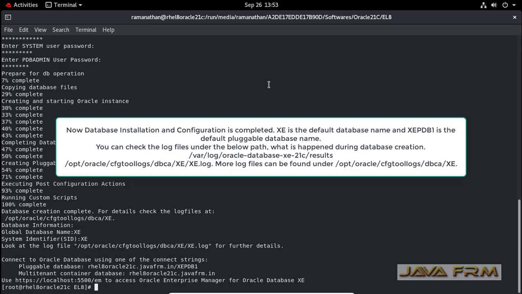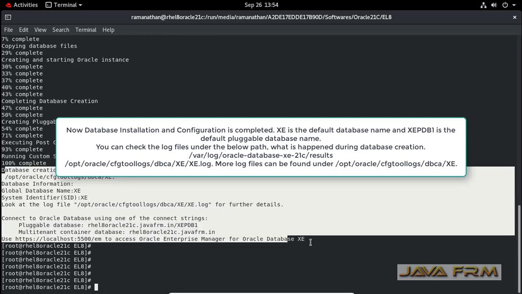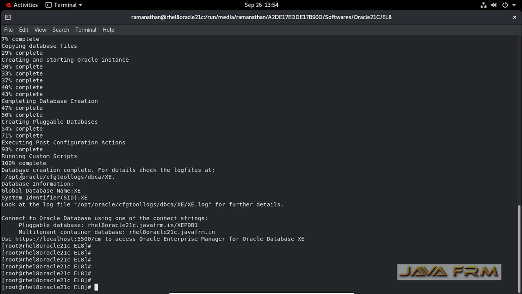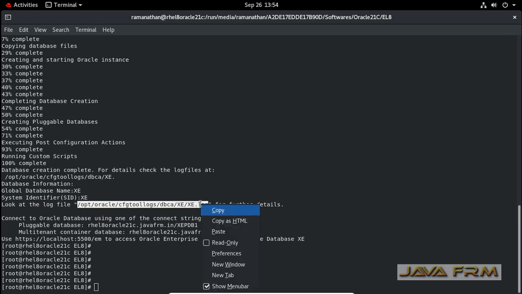You can see the details of the log files under /opt/oracle/cfgtoollogs. Let us check the log file. It is available under /opt/oracle/cfgtoollogs/dbca/xe. This log file shows you multiple pieces of information.